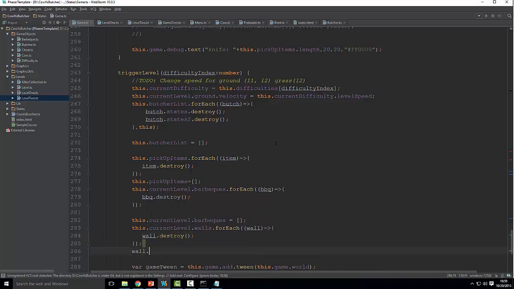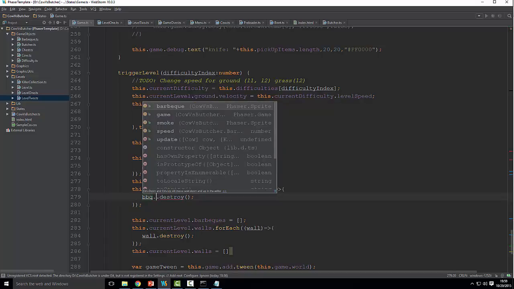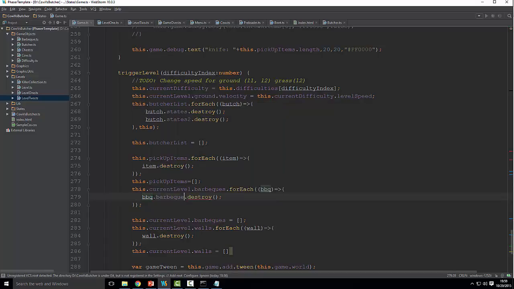And then wall dot this dot current level dot walls equals empty array. I could have done that. Barbecue dot destroy. That was a class, right? So we have barbecue.destroy and